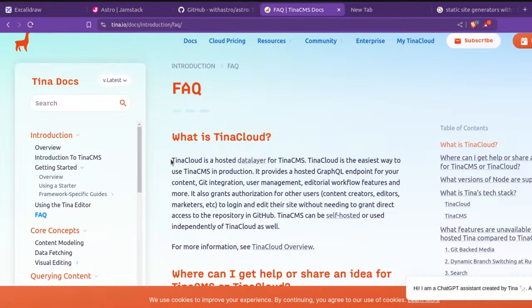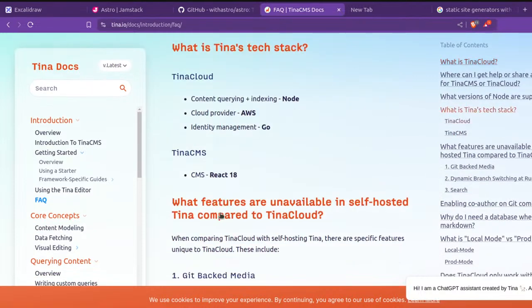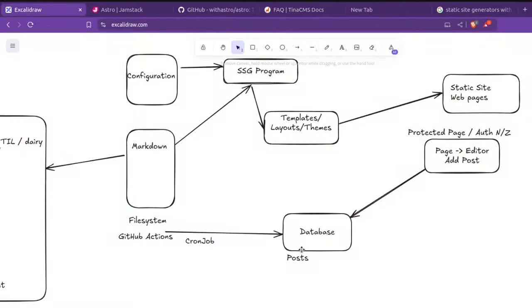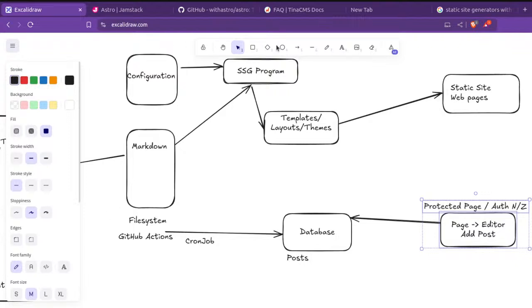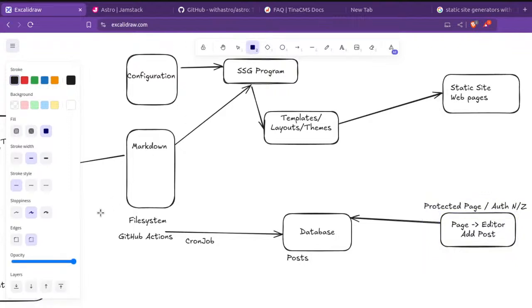So it is like a CMS only, right? We are managing the content. Okay. Yeah, so what I'm trying to build with this database is a content management system, right? If you separate out this part,